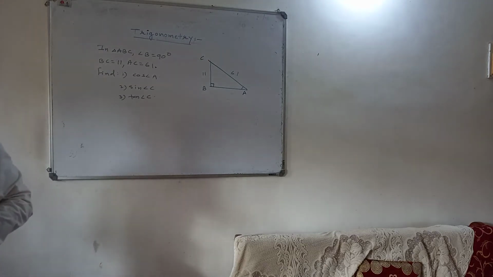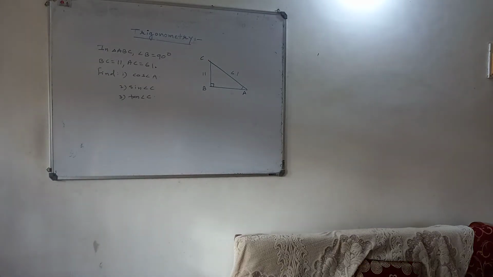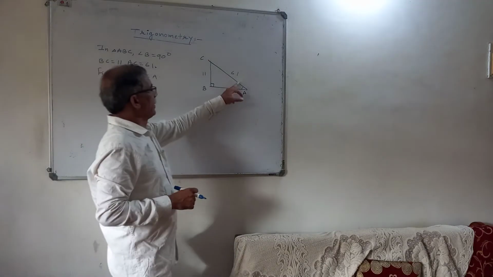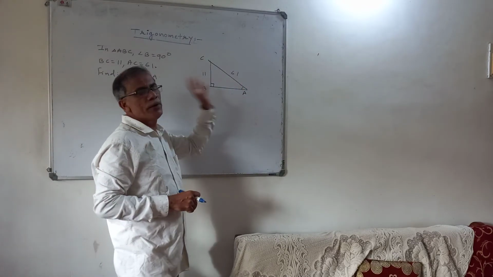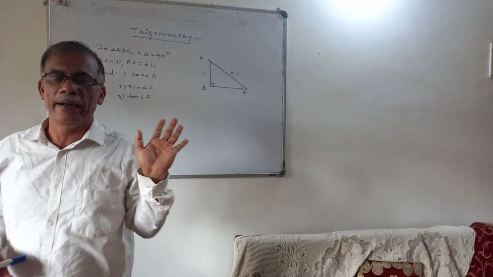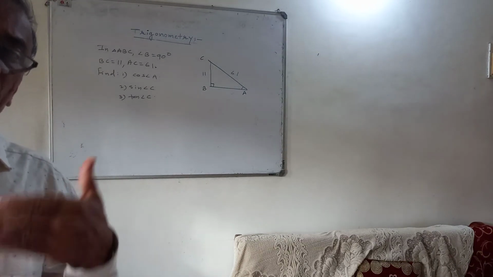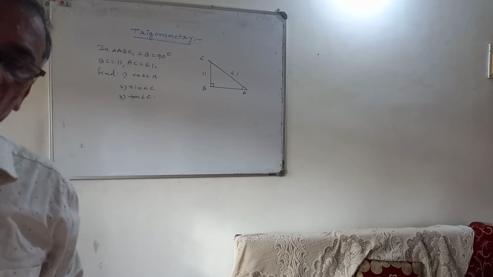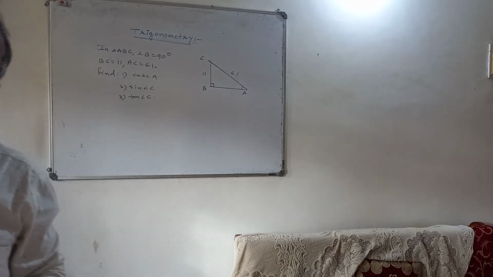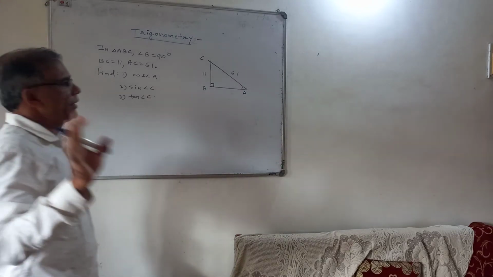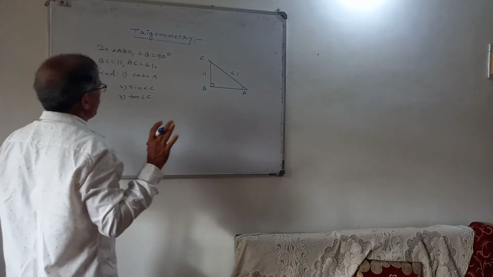Now if we want to write the trigonometric ratio, cos of A is adjacent upon hypotenuse. We don't know the adjacent side. Means in this right angle triangle, we don't know one side, no? If two sides of a right angle triangle are known, we can immediately calculate the third side by using which theorem? Pythagoras theorem. So straight away you write here first Pythagoras theorem.